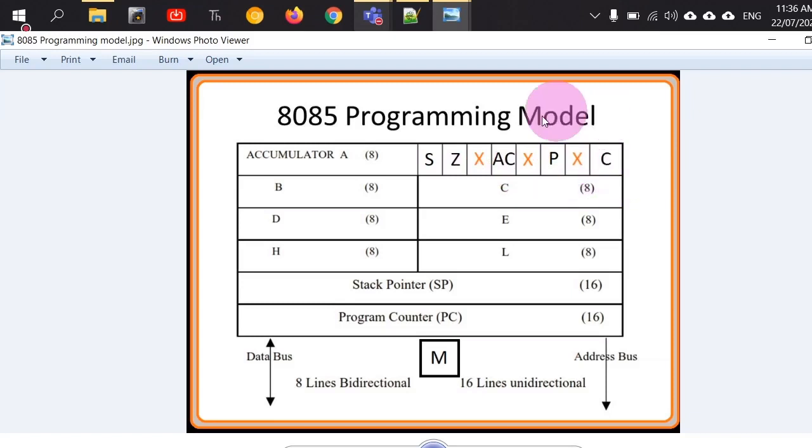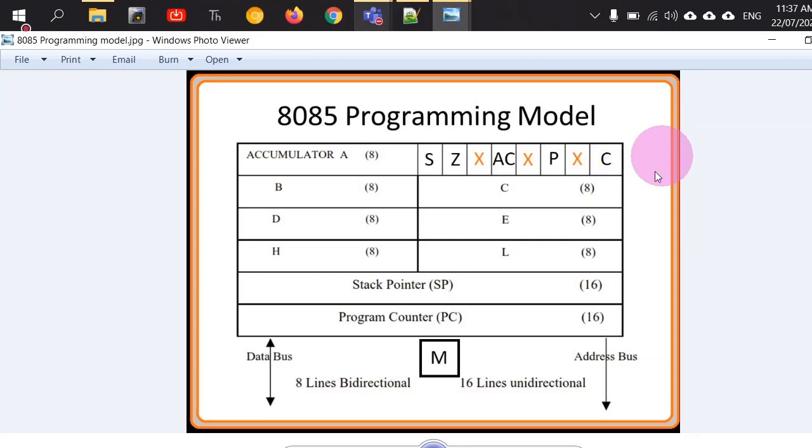So similarly, individually, the parity, auxiliary carry, zero flag, and sign flag have their individual meanings and interpretations in various circumstances. And to be able to do programming, we need to understand them in depth. So the first thing is the carry flags, etc., will be studied in depth in this particular lecture.